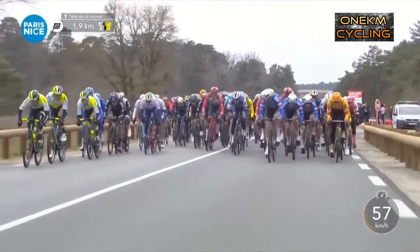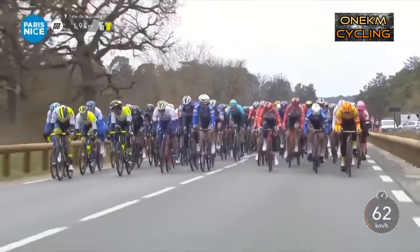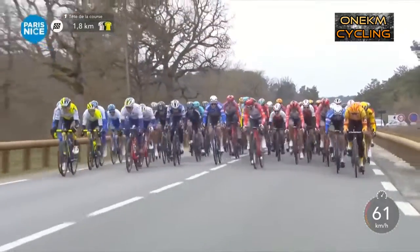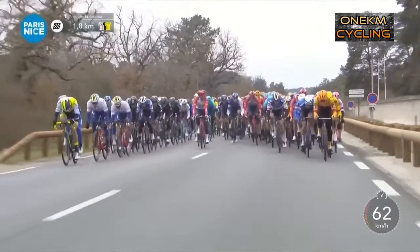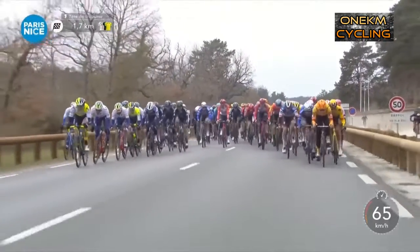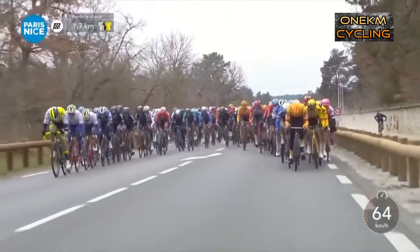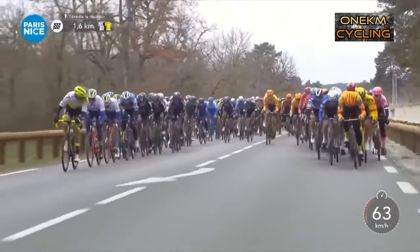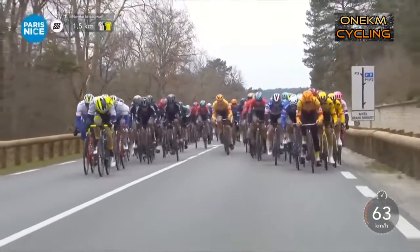A reminder that 6 bonus seconds yet again have gone to Tadej Pogačar. He's the virtual yellow jersey before we get to the end here, but a reminder that there are 10, 6 and 4 bonus seconds for first, second and third on the line here as well. We think the yellow jersey will go to a sprinter at the end of day 2, but you just never know. There's a team time trial coming up in 24 hours time, but we're concerning ourselves with the next 1,500